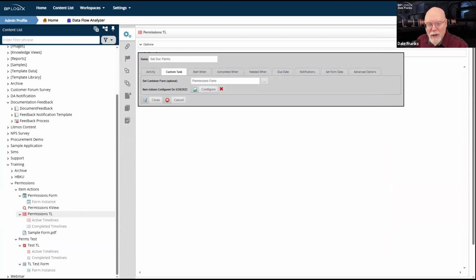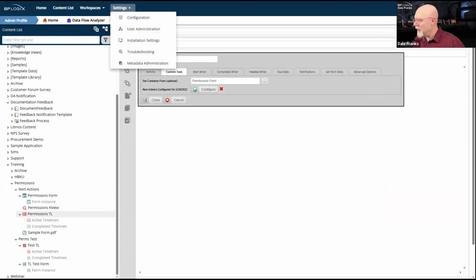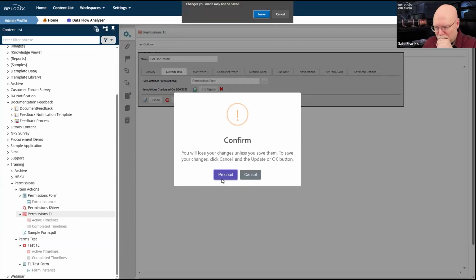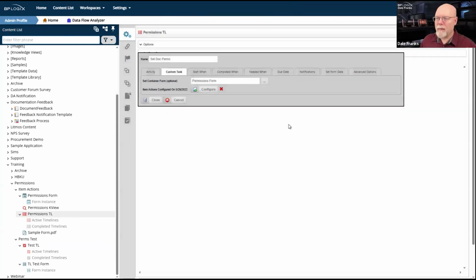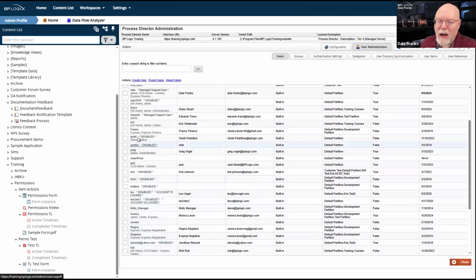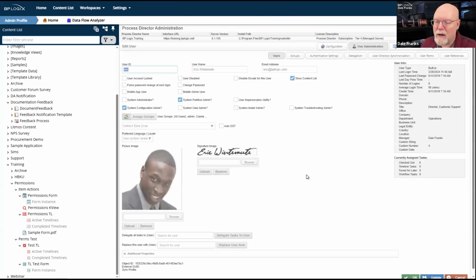There's also another little wrinkle here for permissions that is important to talk about. Kind of going through my notes here to be sure that I cover everything. Let's go into user administration, and let's just pick a user. Let's just pick, I don't know, one of the test users, Eric.